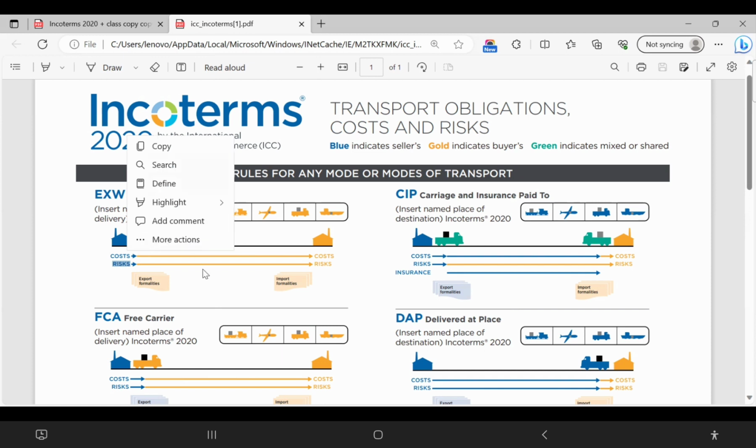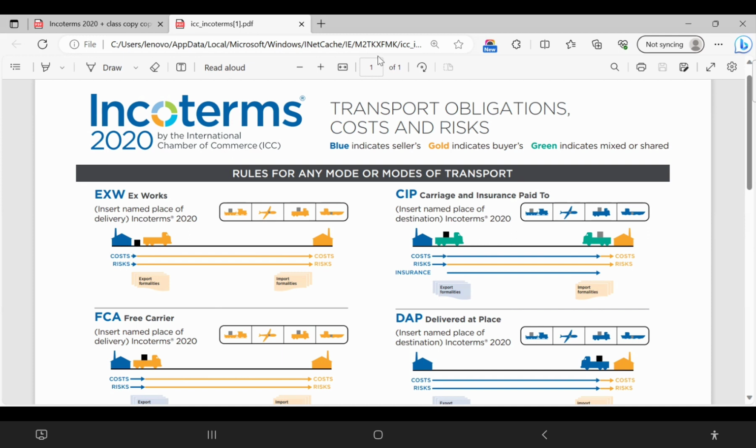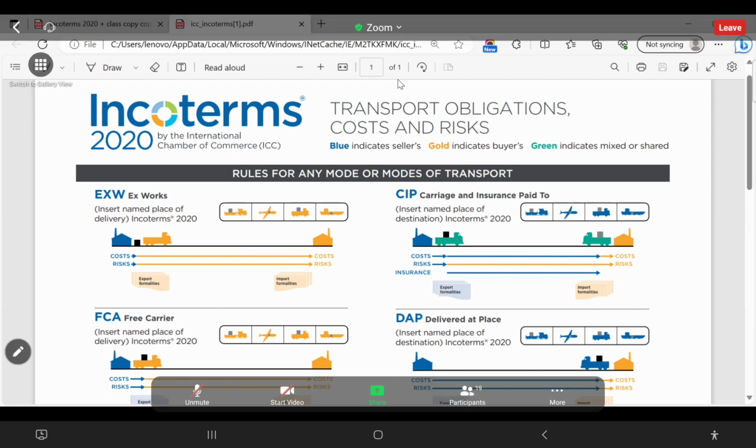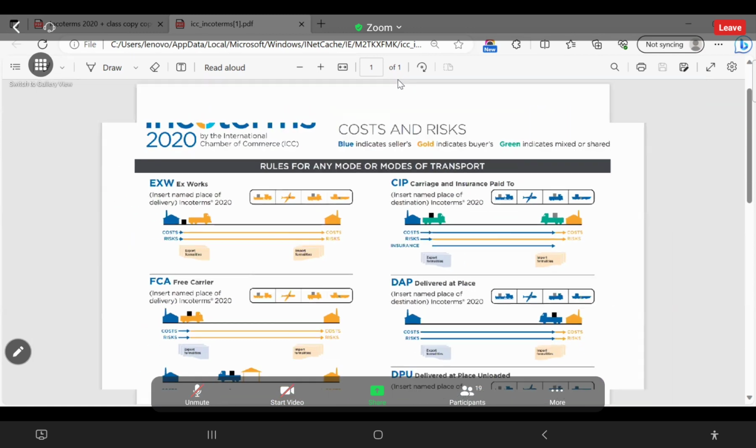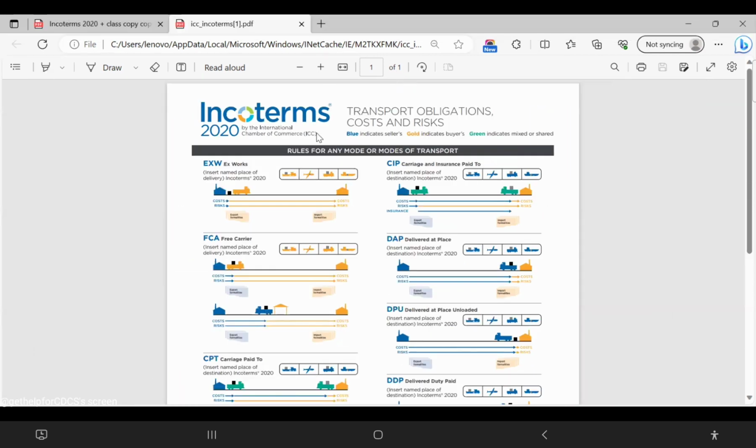And then the last point, the fifth one, is loading and unloading. Loading is also an activity and it incurs cost. So who has to bear that? Whose responsibility, whose obligation is it to load, or for that matter, even unload? So these 5 things against each term, you try to remember. Now let's talk in detail one by one. Basically, your retrieval point should be this file. You can print and keep it, and only this file you will have to remember.